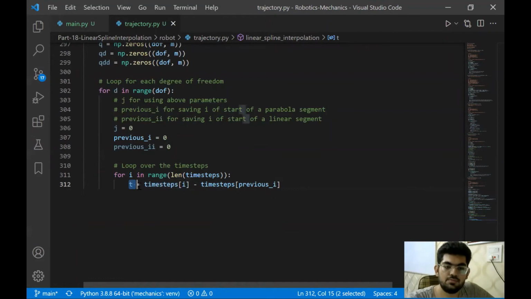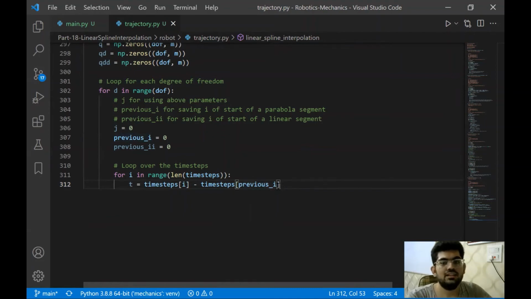And in this time steps loop, we are calculating the value of t, which is time steps I minus time steps previous I. Now, how the calculation is going to proceed, we are going to sequentially first calculate the trajectory of the parabola, then we're going to calculate the trajectory of the linear part, and then the parabola, linear, parabola, linear. So in this sequential manner, we're going to calculate all the values.